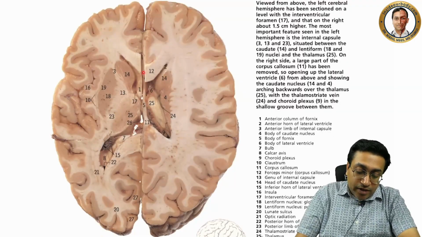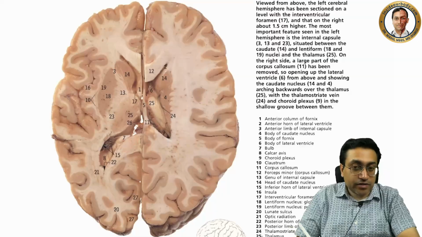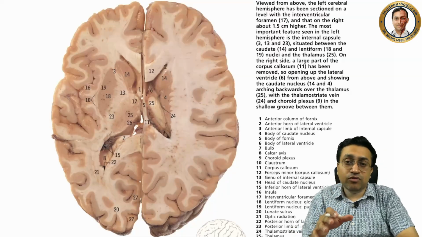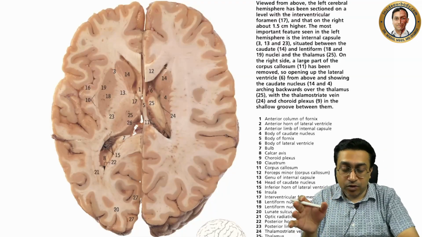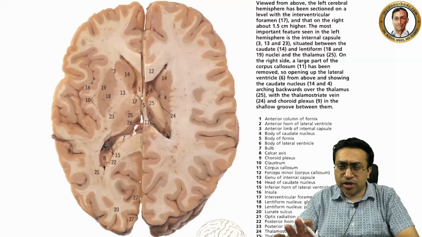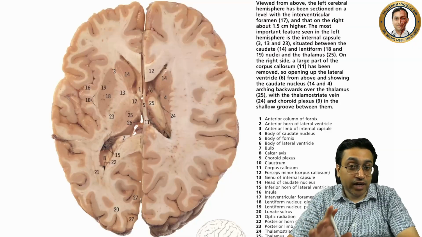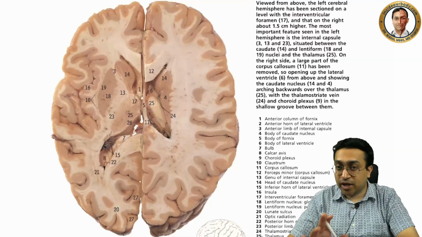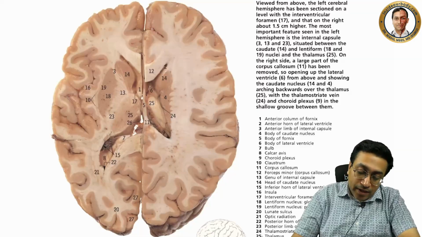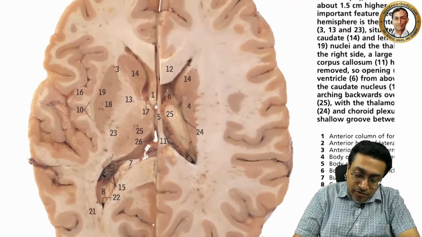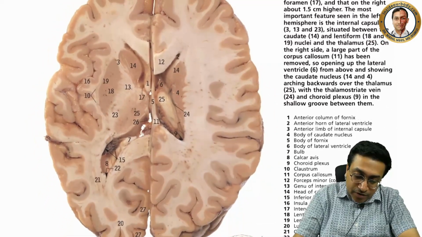This is given at a different level. Here the level is different. This section has been taken from McMinn's Atlas of Anatomy, and that is again a very good textbook, I would say, for real time cadaveric specimen images. So do not miss that. Now see, again we will see the same things which we have discussed, but with a little bit of difference, added